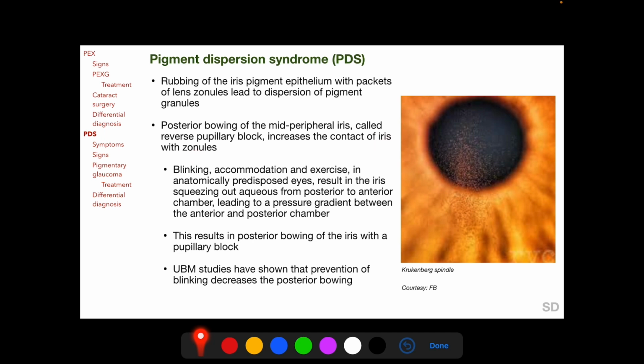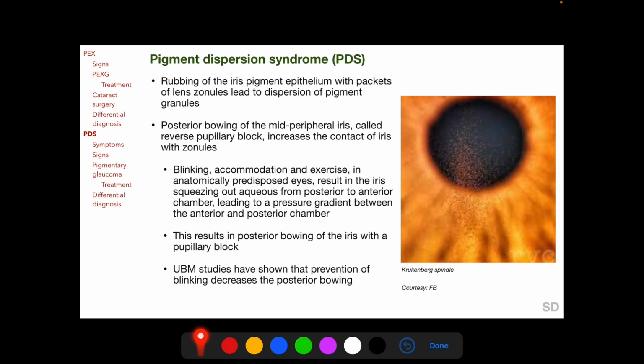And it is said that in anatomically predisposed eyes, such as myopic eyes with deeper anterior chambers, blinking, accommodation and exercise result in the iris squeezing out aqueous from the posterior to the anterior chamber, leading to a pressure gradient between the anterior and the posterior chamber, with the pressure in the anterior chamber being higher than that in the posterior chamber, and this results in posterior bowing of the iris along with a pupillary block called